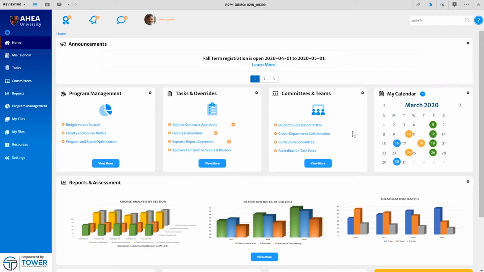One of Gordon's tiles is about program management. How are his academic programs doing? Where are they with their budgets versus actuals? What are his faculty teaching in a given term? What does that matrix look like? How are they utilizing their space on campus? Are they really maximizing it? Are they needing to shift some programs and buildings around? Are they optimizing their facilities? Those are the types of reports that Gordon very much wants access to, and he can do that through his